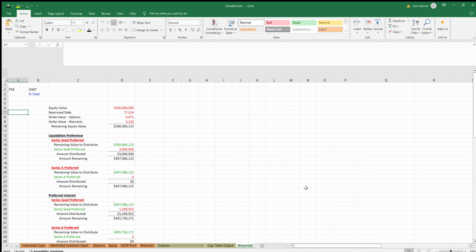And the reason why they call it a waterfall is because you go from step to step to step. So in this example, we're starting off with $500 million, right? Those restricted shares, there were loans outstanding, so there's another 77 grand that comes from that, and that's all calculated through. And then there's logic with the options and the warrants here that go through and say, well, what is